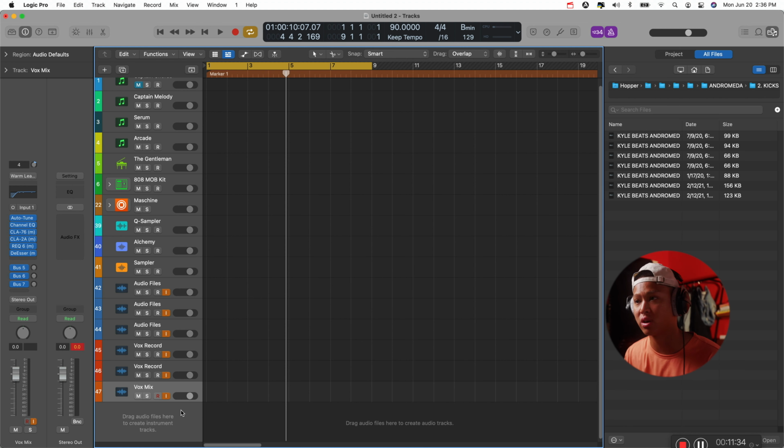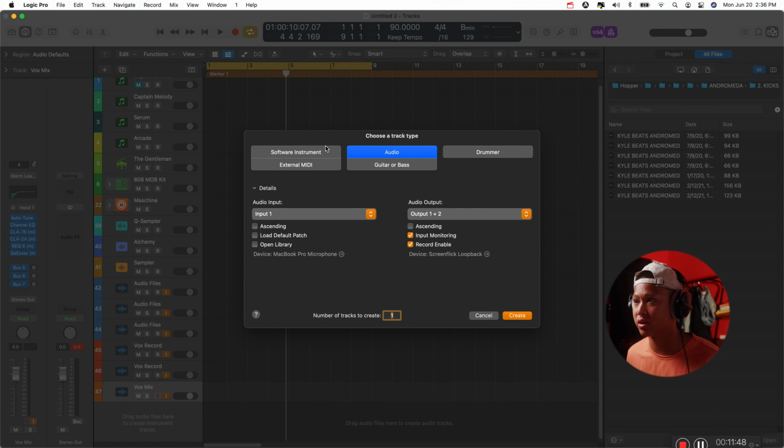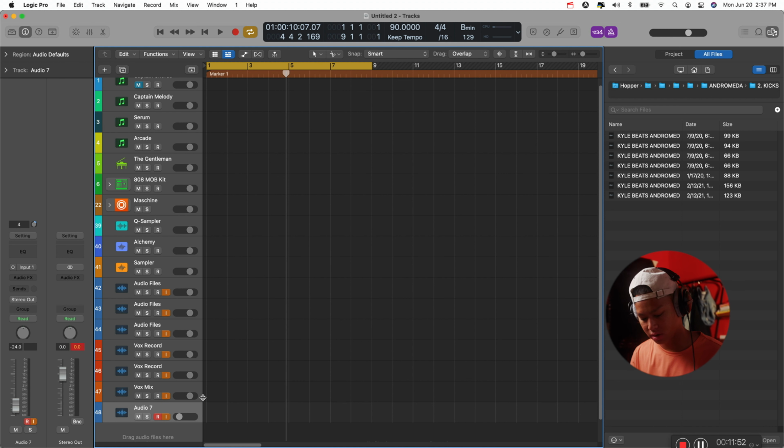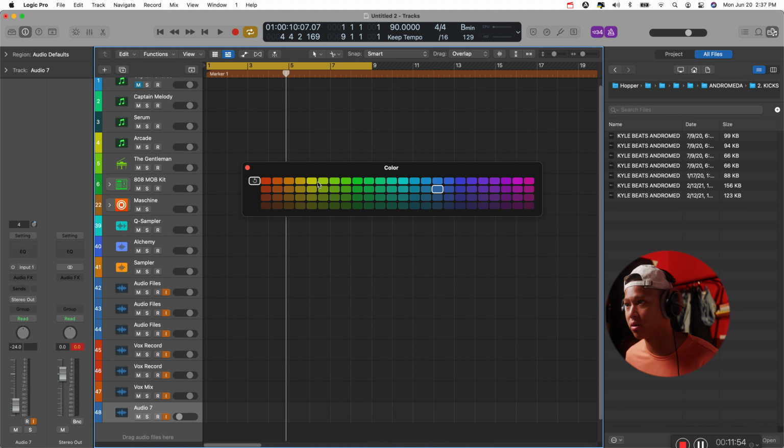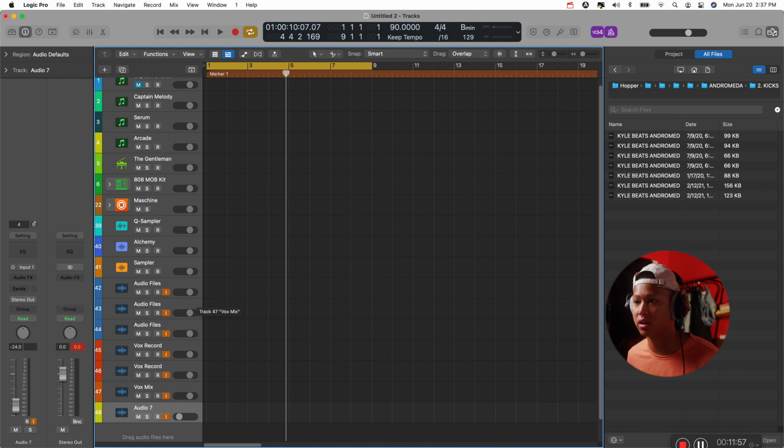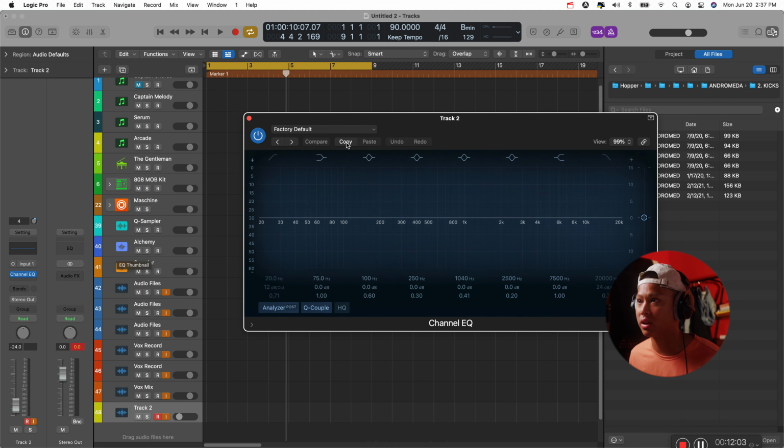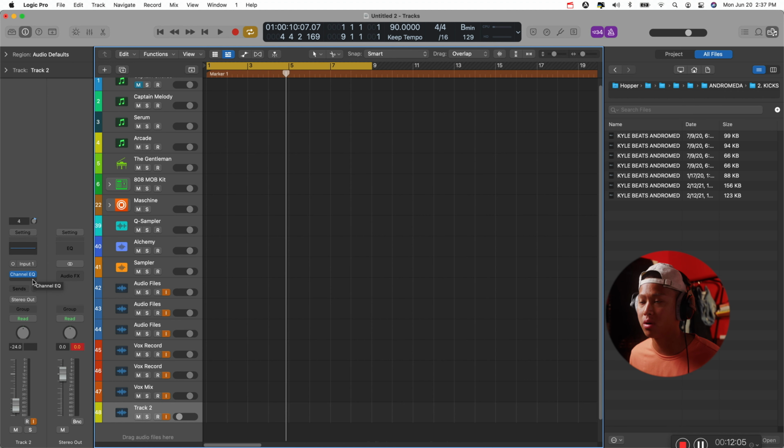I don't always use all of these tracks. When I don't use them, I just delete them in the project, and you know, you can literally set this up however you want, whether it's a software instrument, audio, you just input the track, you can color it however you want, you can name it however you want, and you can just add whatever plugins that you want.